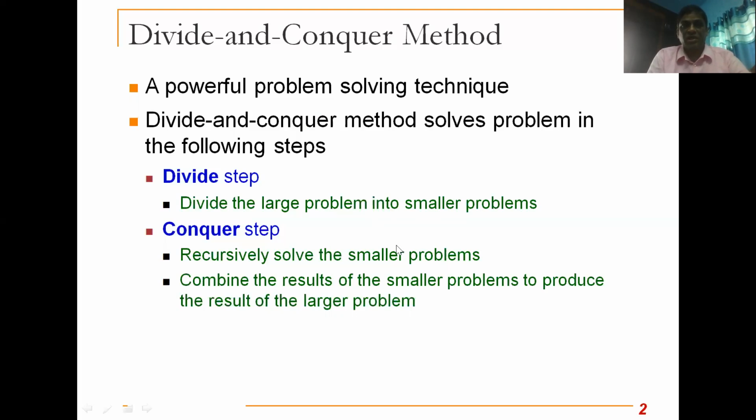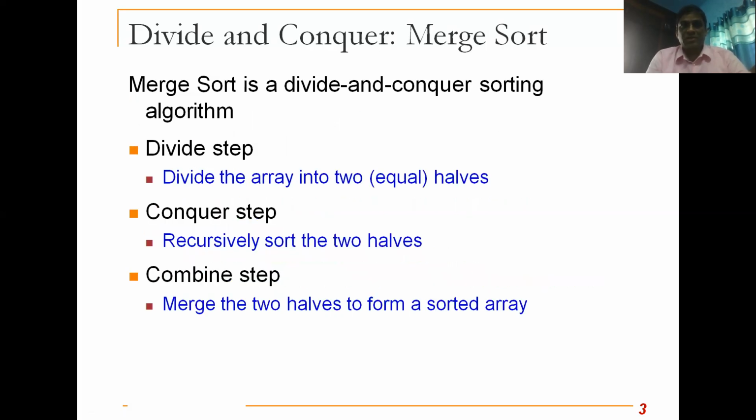finally merging the solutions of the smaller problems to get back a single solution for the original large problem. So there are always two major steps in the divide and conquer approach. Divide the large problem into smaller problems and solve those smaller problems. Finally, combine those smaller solutions into a single solution, which is the solution for the original large problem. So this is the divide and conquer methodology, a powerful algorithmic technique to solve large problems. So merge sort makes use of this divide and conquer approach.